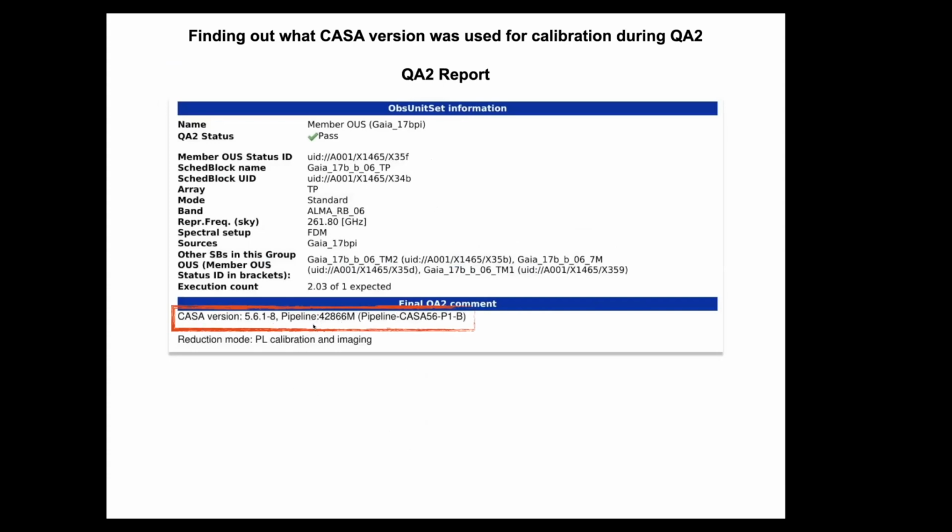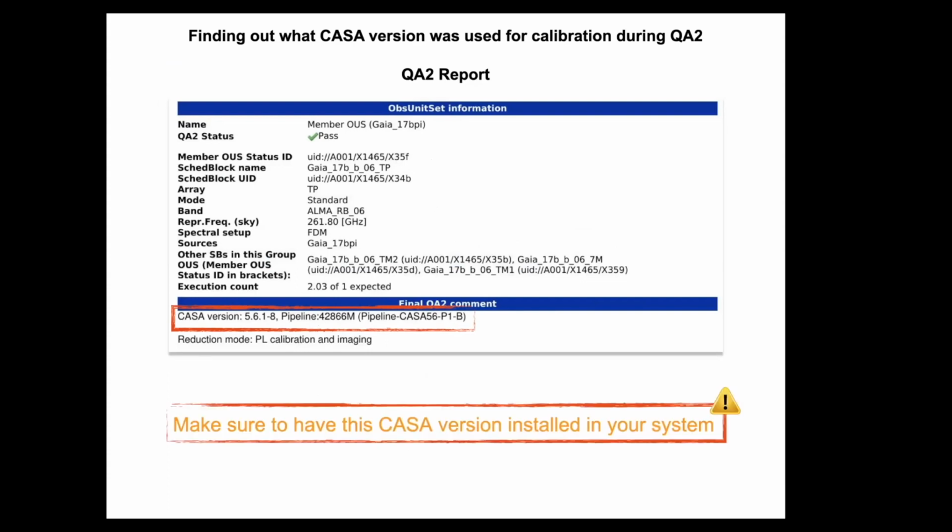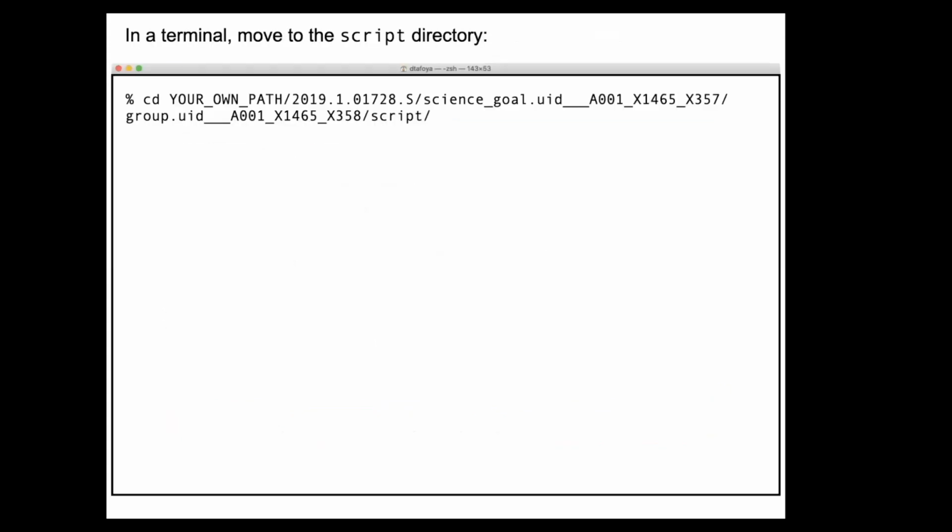So that was easy. And now one has to make sure that one has installed this CASA version in their own system. Otherwise, yes, if you are in an institute, for example, you can request the people who are in charge of installing CASA versions to install this CASA version. And once you make sure that you have the CASA version